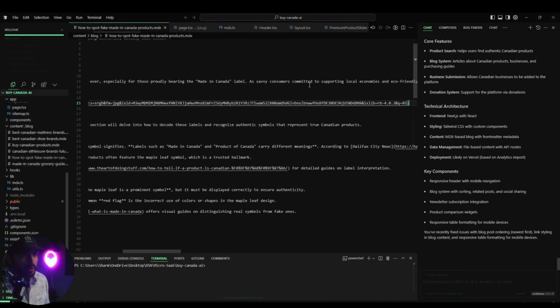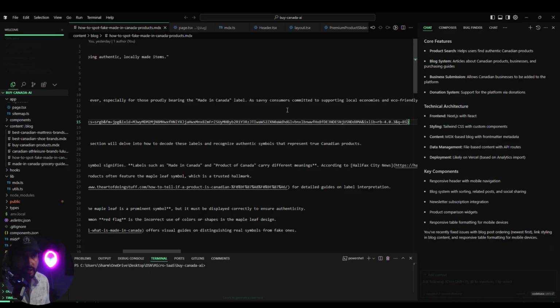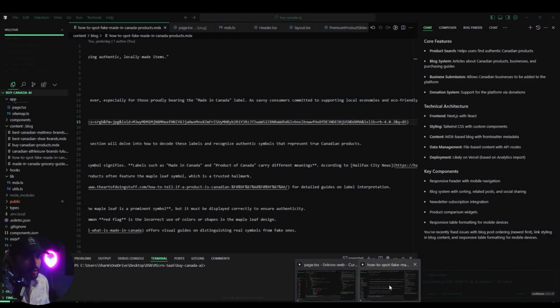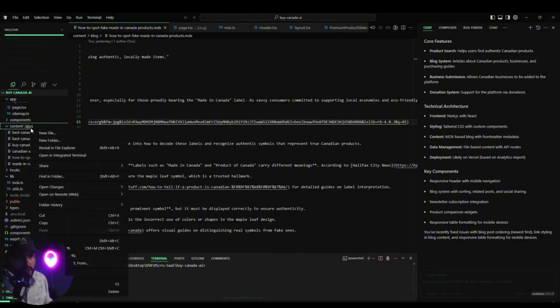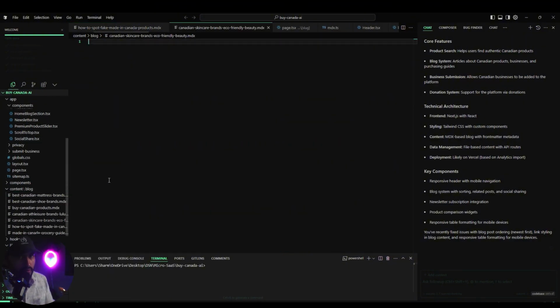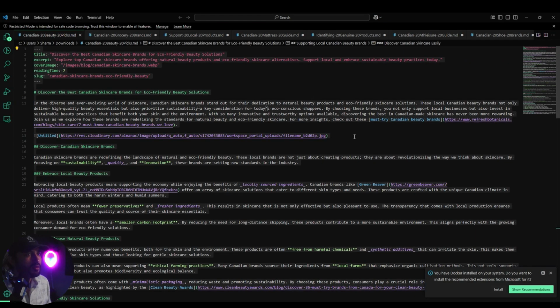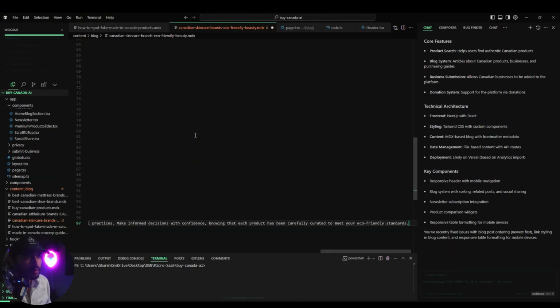Now we can go into Cursor AI, the IDE that I've been using to build this app. And we have the blog folder here. So what I'm gonna do here is I'm just gonna get the slug. So I need to save the file name with the slug. So the slug that ChatGPT suggested, because it's a good keyword in the slug, which is going to be helpful for SEO. So I'm going to save that as the file name, then copy over the full blog post and